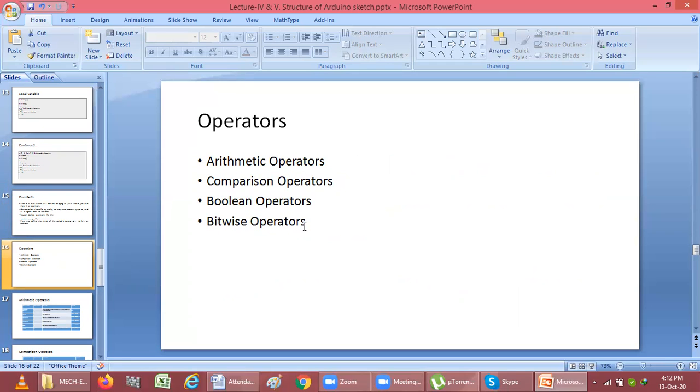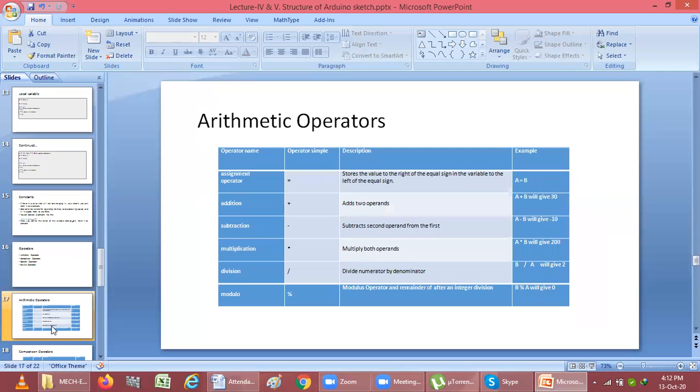We are supposed to use these operators in an Arduino IDE program. It means what? हम ये operators कंपैरिजन पर्पस के लिए, एडिशन मल्टीप्लिकेशन के लिए, अरिथमेटिक के लिए, या फिर हम उसको बुलियन ऑपरेशंस के लिए, बिटवाइज ऑपरेशंस के लिए ये यूज कर सकते हैं. We will see one by one. In arithmetic operations